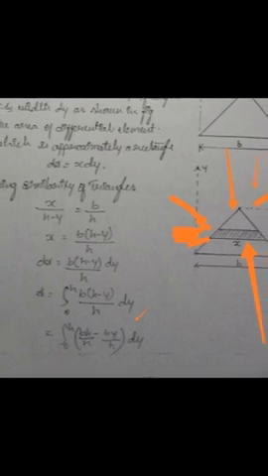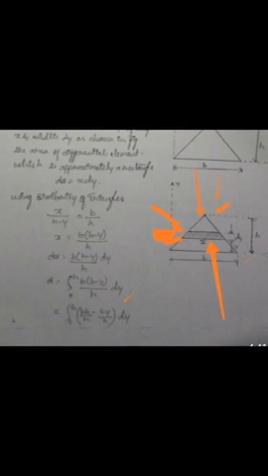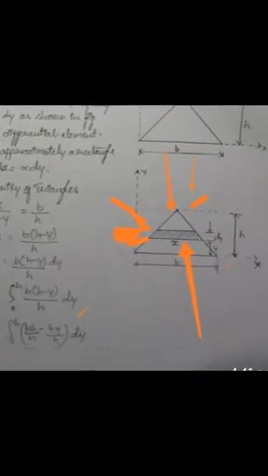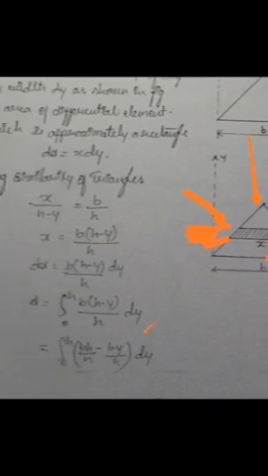Next you have to take the height. The full height of the triangle is h. You can see here, in the right corner, that is h. But we have to take the height from the base of the hatch portion to the top. How to find it? You can see very clearly that the distance from the base of the hatch portion to the base x-axis is y. So the total height is h. If you subtract y, h minus y, you will get the height of the smallest triangle. That's what is in the equation.